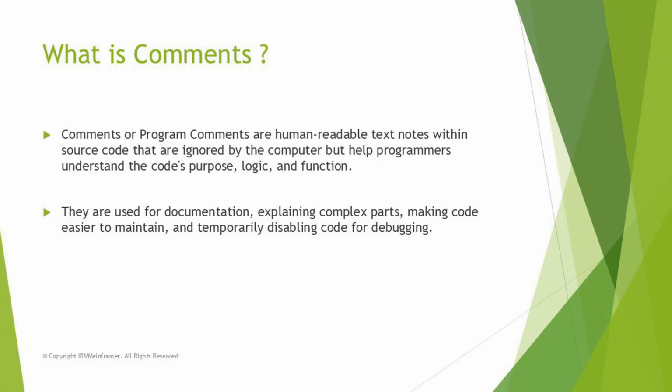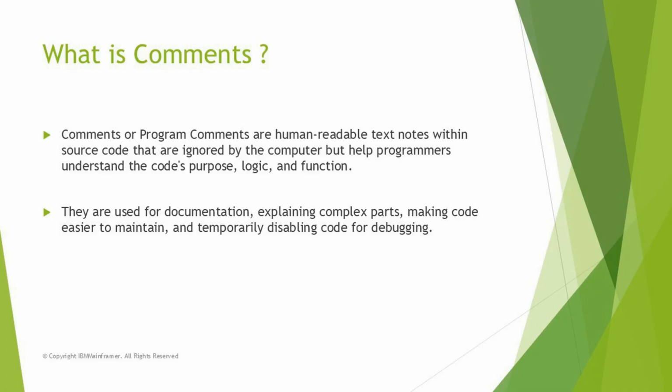Basically, the line of text written inside the source code, the program, is ignored by the computer when we execute the program, and it executes only the statements. The main purpose of a comment is to provide explanatory information about the code, making it easier for human programmers to understand. For example,